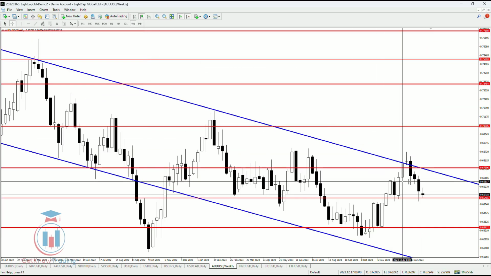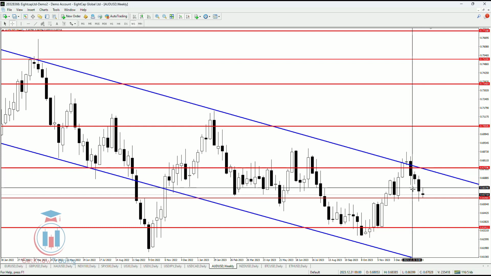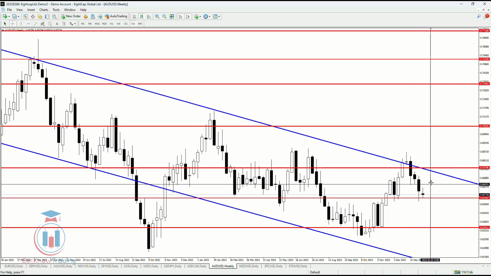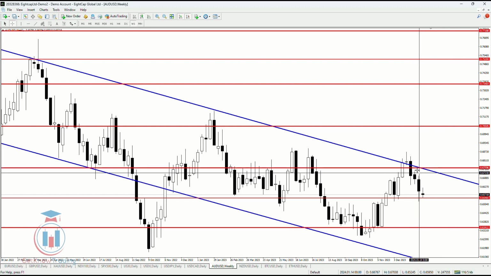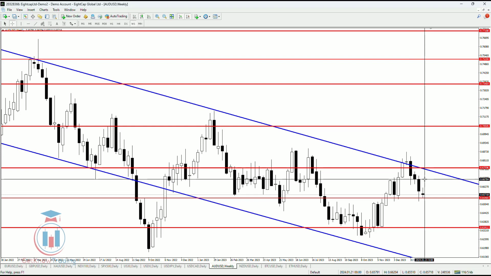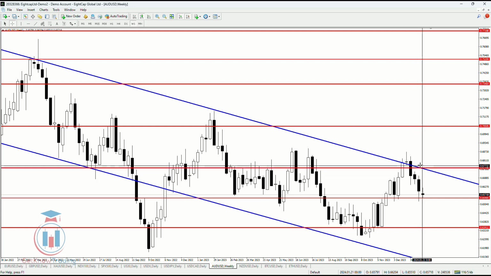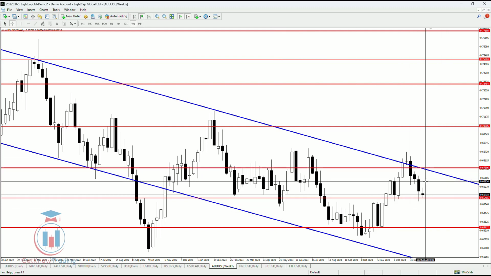On the weekly time frame, we can see there is no possibility, at least as it looks right now on the market, that the price could make a return all the way above 0.67, because we have 3 bearish weeks, where the price would need to make a breakout first here, 0.67, 0.667, and then above to reach this supply zone, which will also be a confluence of resistance of this downtrend channel and this horizontal resistance level, which is less likely to happen.